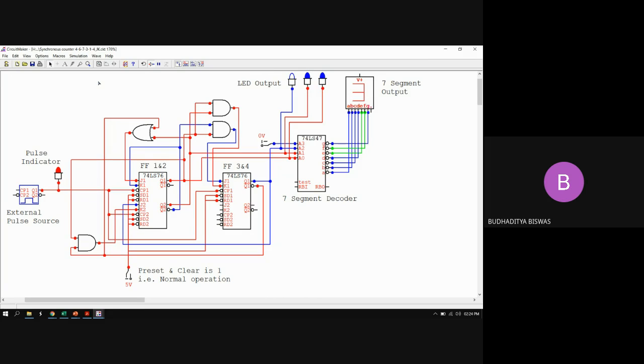And here you see, we are not using any other flip-flop, rather we use the actual flip-flop IC. 7476 is a dual JK flip-flop, meaning inside the IC 2 JK flip-flops are there, and in my design a total of 3 flip-flops are required. This is flip-flop 1 and 2, and this is flip-flop 3 and 4. Flip-flop 4 is not required, that's why its J, K and clock pulse inputs are left blank, because every 7476 IC contains 2 flip-flops. So 2 are used here, and 1 is used from this IC.